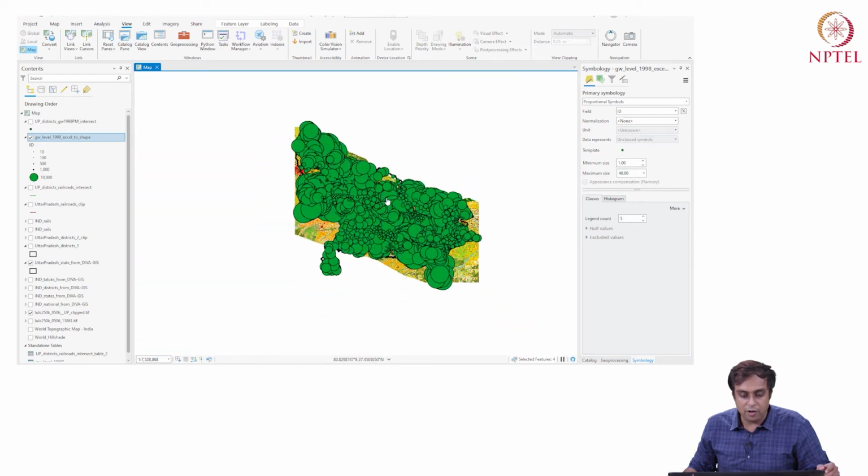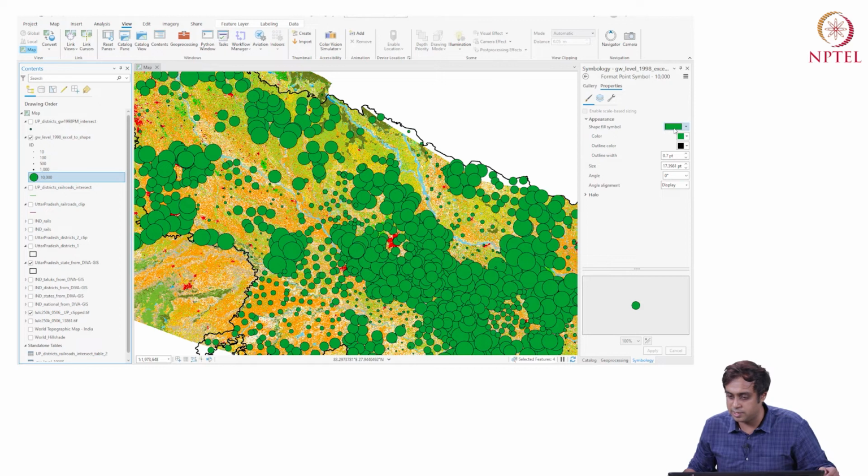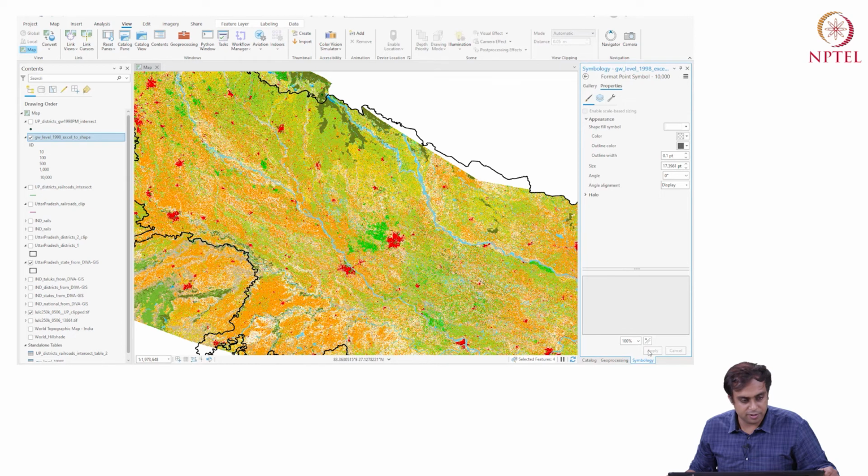Now, if I wanted, I could just say I don't want any fill. No color. Apply. Do I get it? No, I don't get it. So wait. I am getting no color. Outline color, I want, let's say, blue. Apply.